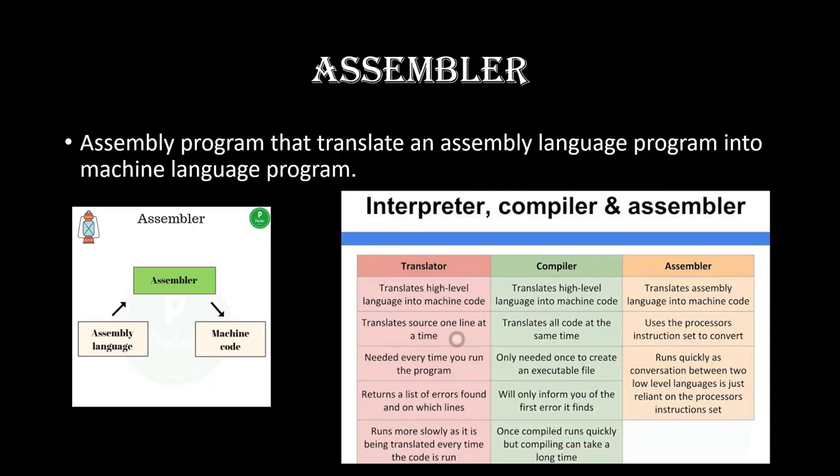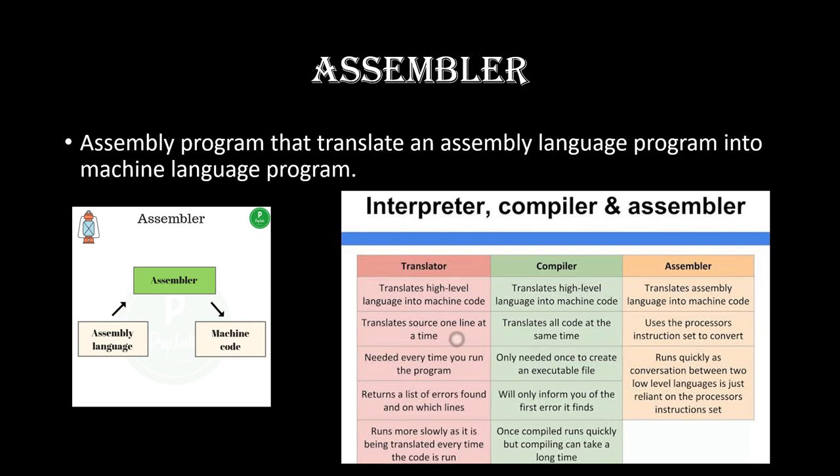While seeing this lesson, most of the things have language, right? Assembly language, machine language, low-level language, like that many languages are there. I'm explaining what it is. Before that, see the difference between the interpreter, compiler and assembler. I'll explain first the translator. What does the translator do? It translates the high-level language, converting it into machine code.